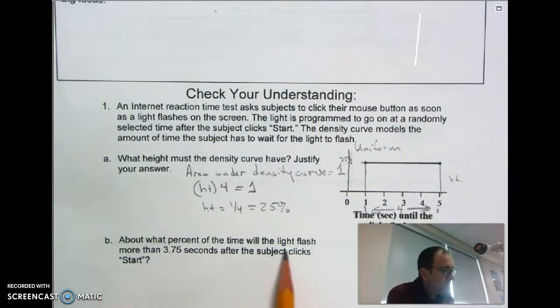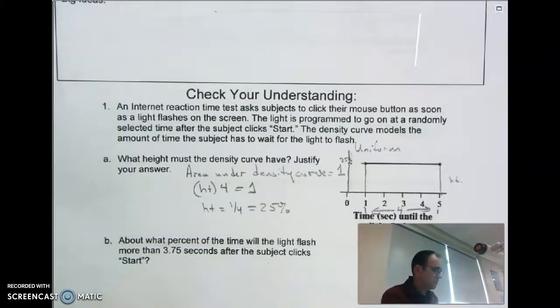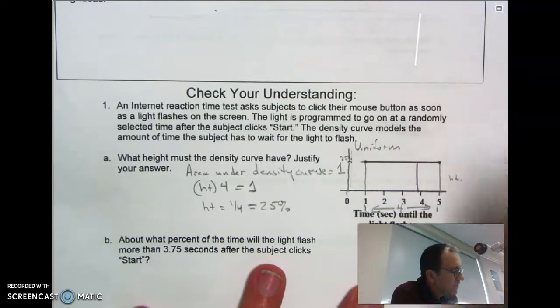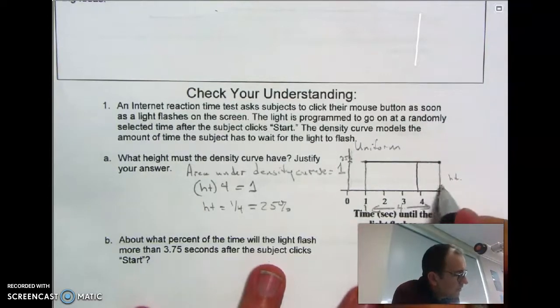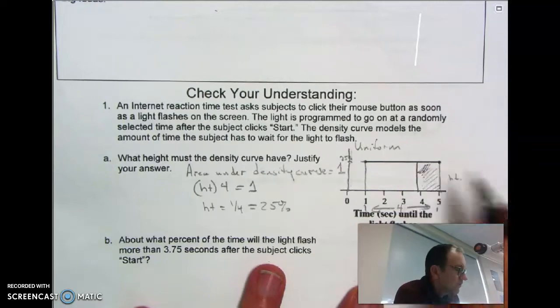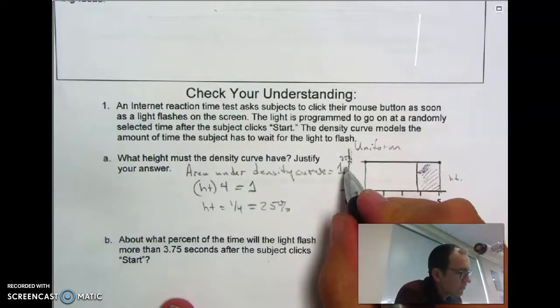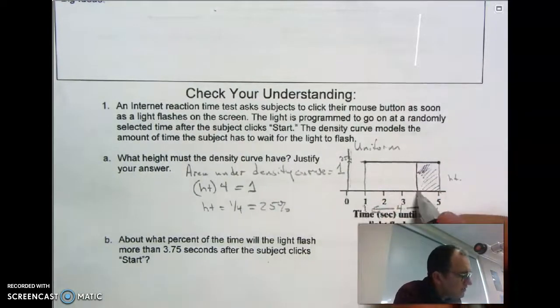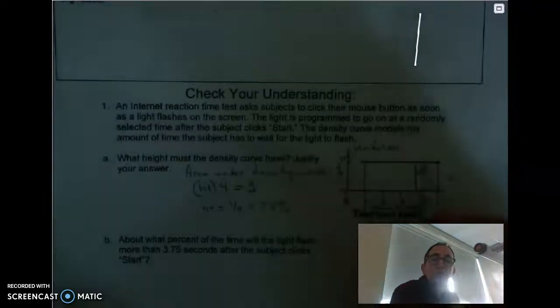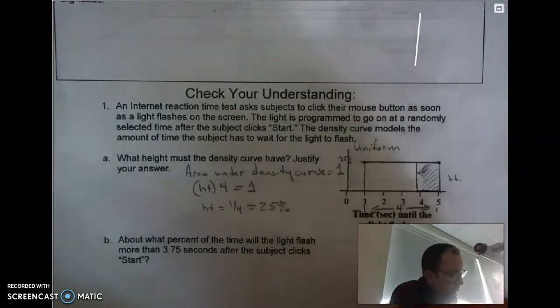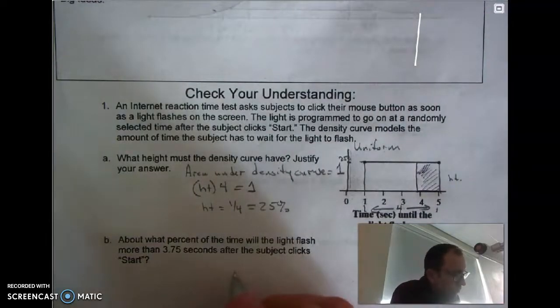About what percentage of the time will the light flash more than 3.75 seconds after the subject clicks start? Well, 3.75 seconds would be here. On up to here would be the area under this part of the curve right here. So we now know the height. The height is 25%, or 1/4. And the distance along the curve from here to here would be from 3.75 to 5, which would be 1 1/4. So it would be about 1/4